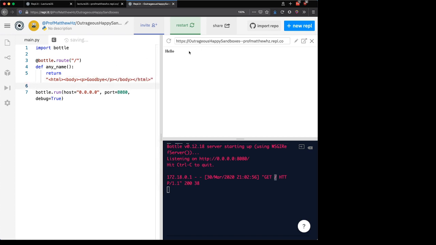and I reload the page, you can see we got another update here because it made a request. It did update, it did send that request in, but note that the text in the page, in the response, did not change. And the reason that text didn't change is that the Bottle web server, it is a